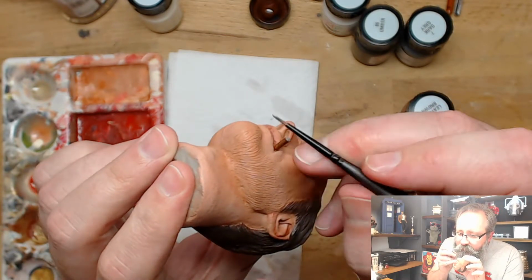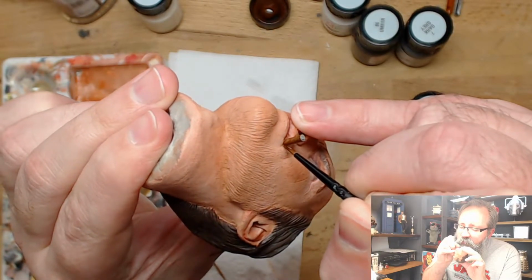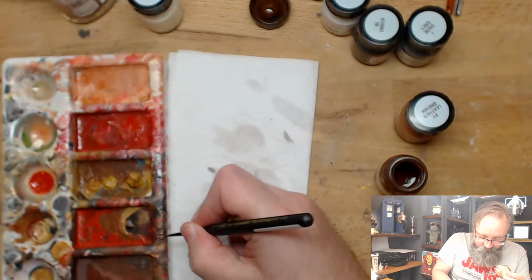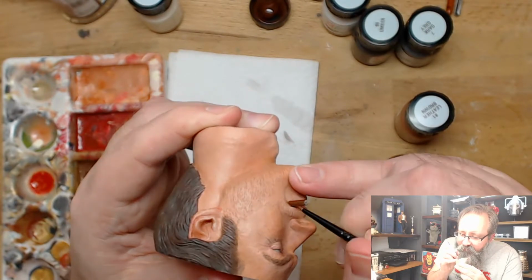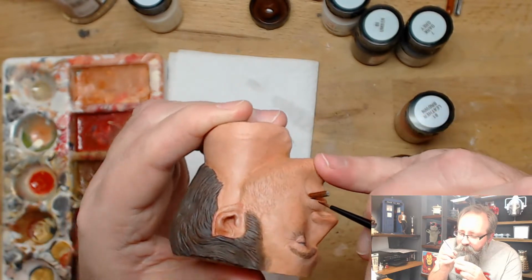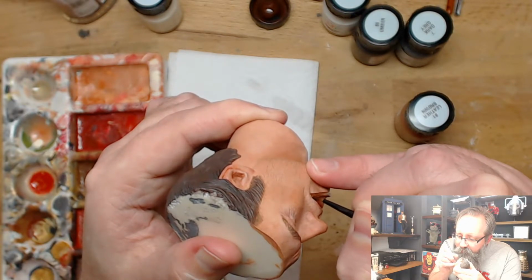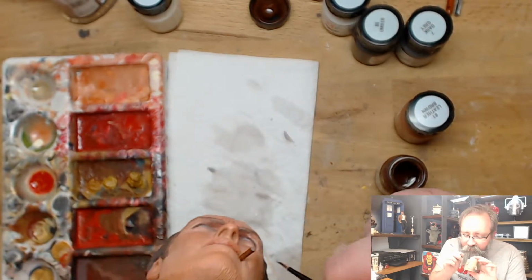So I'm doing this with chocolate brown first. It's quite detailed, taking it right up to the skin. And there's going to be more shadowing painted on, sort of where it joins and everything. I'm doing this with fairly thick paint because the cigar is supposed to look like it's made out of rolled leaves and stuff, so we don't want a completely smooth plastic tube coming out of his mouth. So I'm doing it with quite thick paint, and that will give quite a thick and